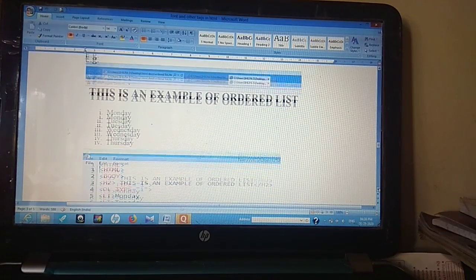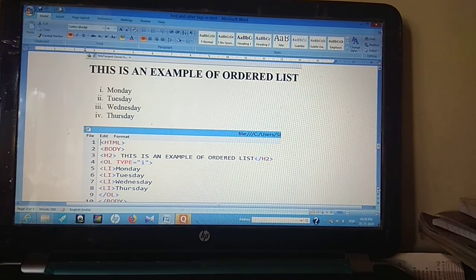I'll show you over here. In this example we have changed only one thing. We have used the OL tag, and its type starts from small lowercase i. Okay, so it is a Roman i in small case, and it will define the numbered list over here.